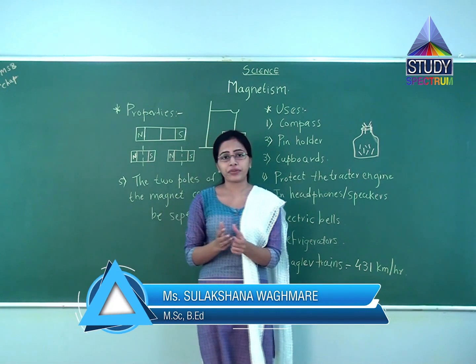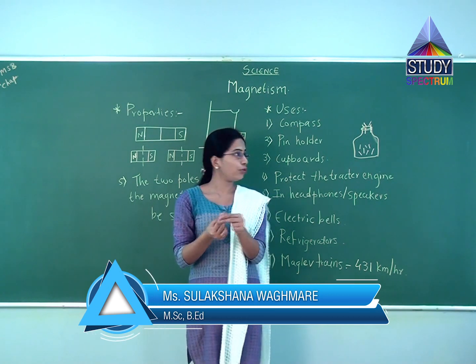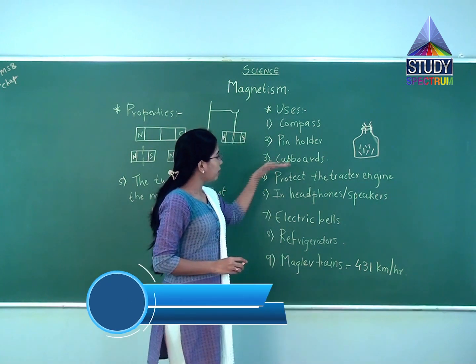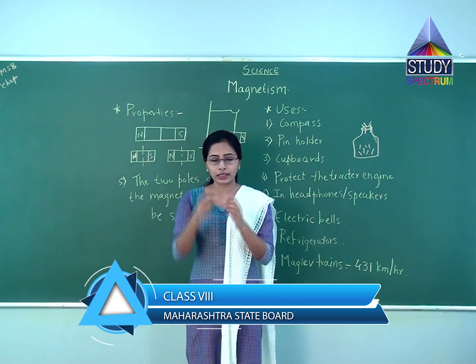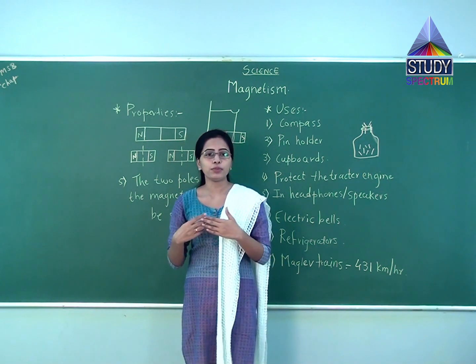Otherwise it is very difficult to put your hand inside and take one, because you can get pricked by the pin. So in the third case, a magnet is used in the doors of cupboards. At the door, an iron strip is applied and the remaining portion